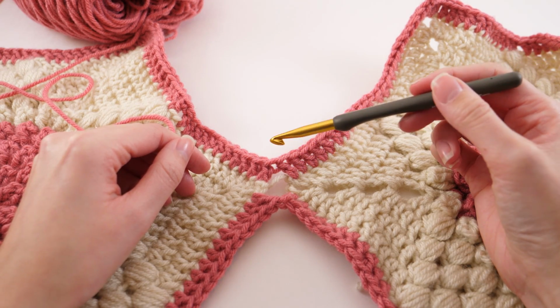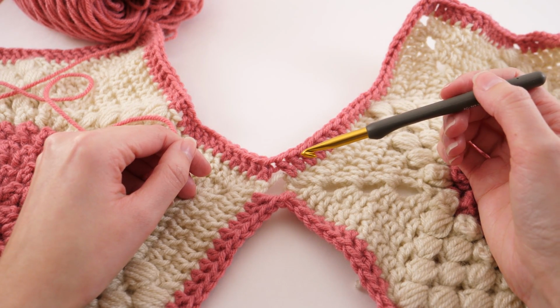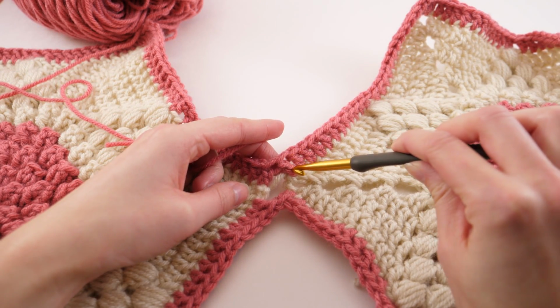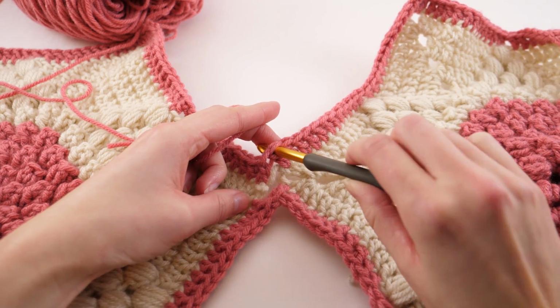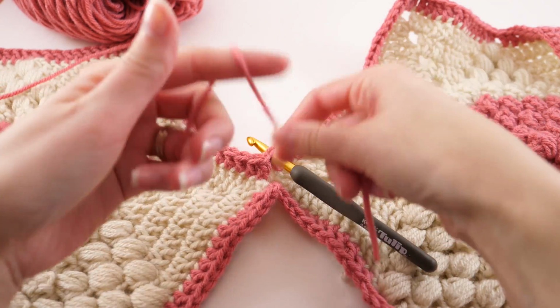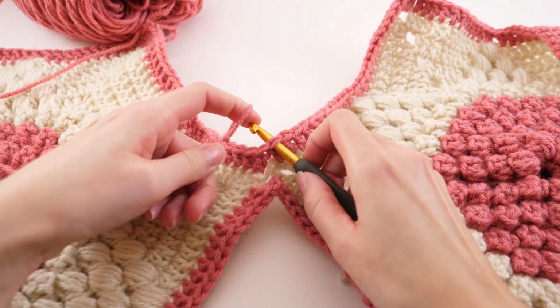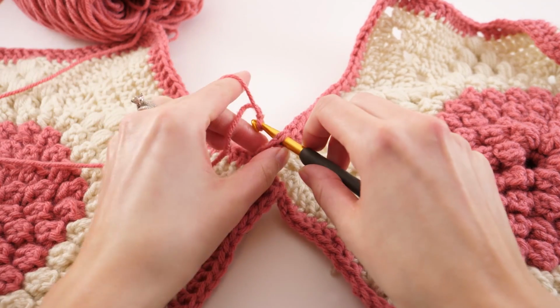So the first thing I need you to do is just choose one of these little valleys. Doesn't matter which one you start with, we're going to hit all of them. So you'll locate your very last stitch over on this side here and stick your hook into that stitch. Then you'll grab color B, create your slip knot, place that loop on your hook,